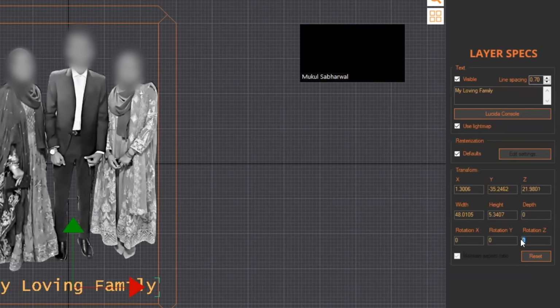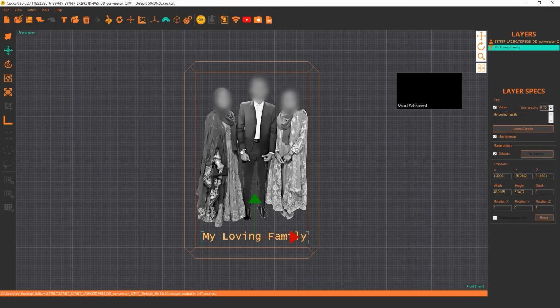And if you want this text horizontally, just change its value from 0 to 90 in the rotation Z option. Click enter and it will automatically shift it to 180 degrees. But we don't need that here. So click 0,